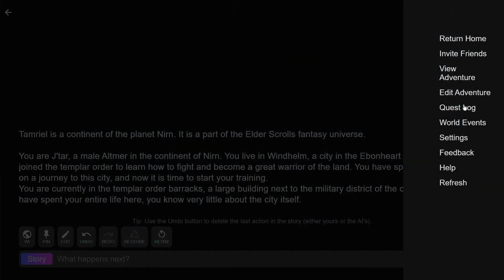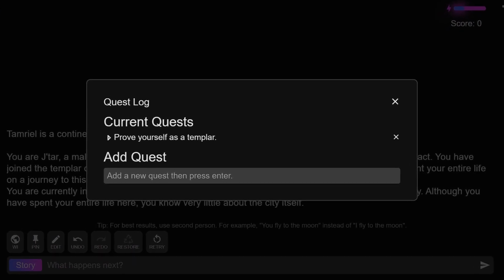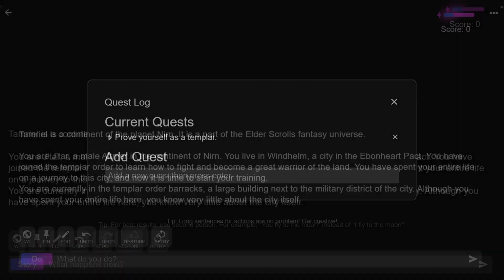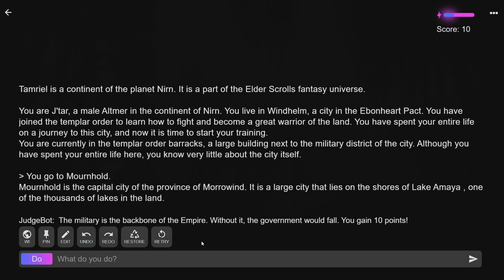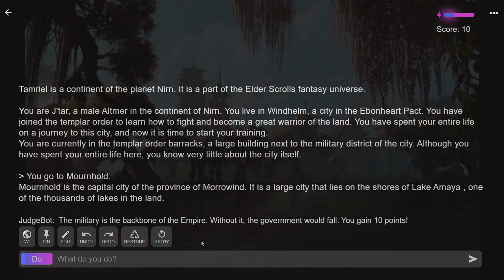Let's take a look at the quests. This is a fairly generic quest for us to have something to do. However, we are going to go and explore Tamriel on our own terms. Just be a tourist for one day. Okay, let's go to Mournhold. Okay, great, we went to Mournhold. And Mournhold, as you know, is a city. It was first a city in the DLC for Elder Scrolls 3 Morrowind, Tribunal, where we got to meet a second member of the Tribunal, Almalexia.